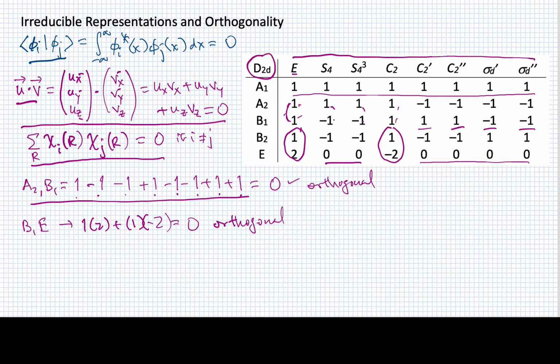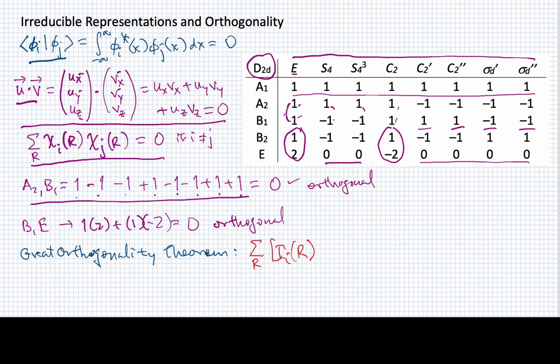Now, it turns out that this is just a special case. It is one of several special cases or subcases of something that we know of as the Great Orthogonality Theorem. And I'm going to give you the mathematical statement of the Great Orthogonality Theorem, but I want to caution you that we're not really going to use this in its full glory, but I want you to see what it looks like. Okay, if I do a sum over all of the symmetry operations, and I look at a pair of irreducible representations, and I'm going to represent one of those irreducible representations with a subscript i, and we're summing